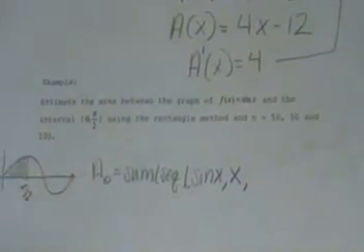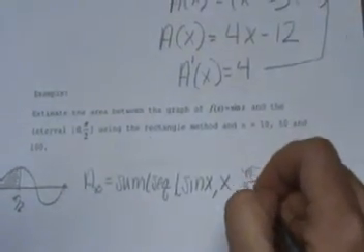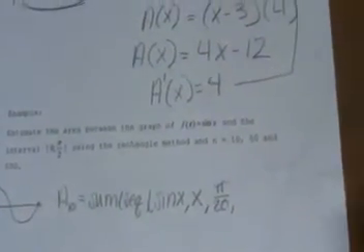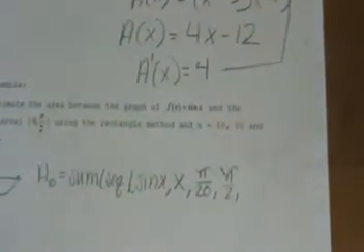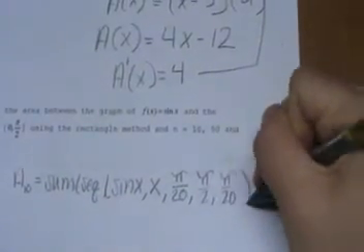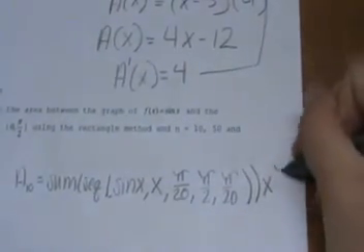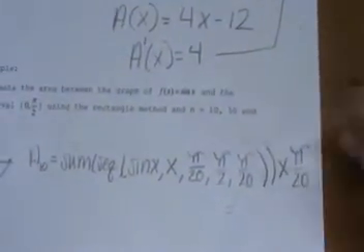Next is a plus b over n, which is pi over 20, then the end of the interval, or b, which is pi over 2, and then b over n, which is pi over 20 again, close the parentheses, times b over n, which is pi over 20. When you plug all of that into your calculator, you should get